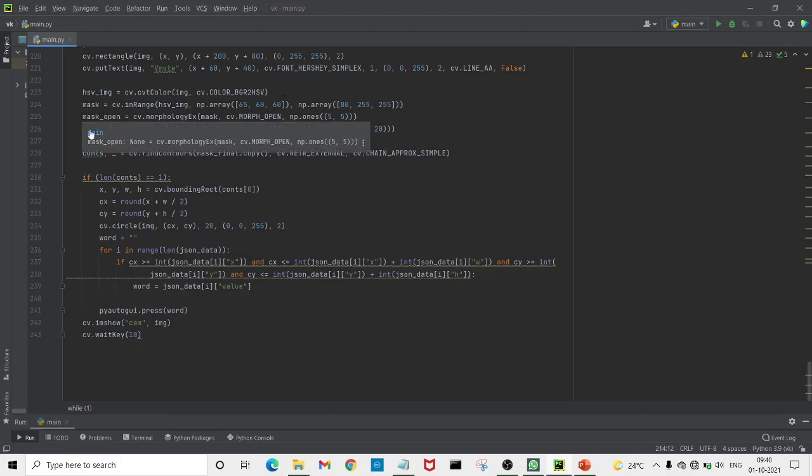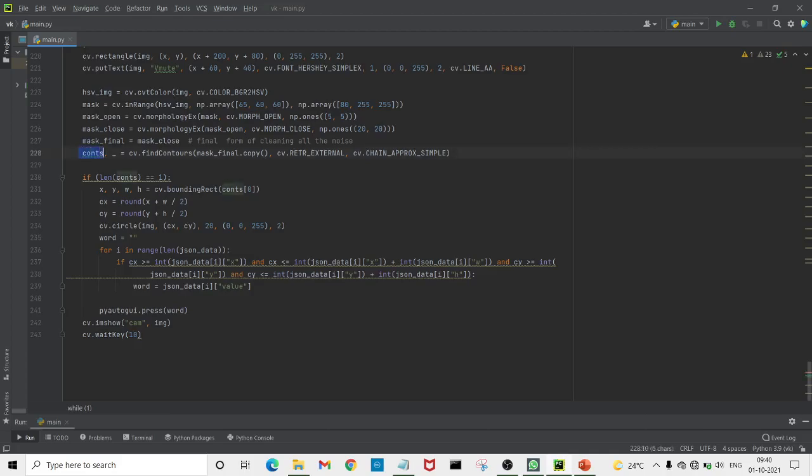So mask open and mask close. It also has two concepts, you can say two pairs, which are opening and closing, as we can see here, mask open and mask close. The goal with opening is to remove false positives, so to speak. Sometimes in the background you get some pixels here and there of noise. And the idea of closing is to remove all the false negatives.